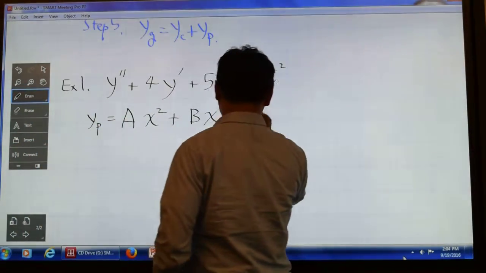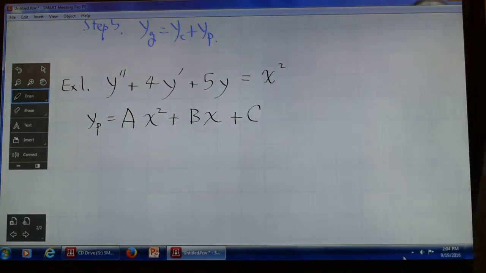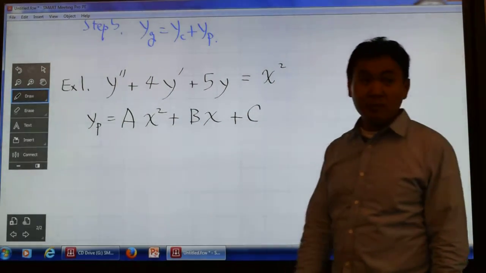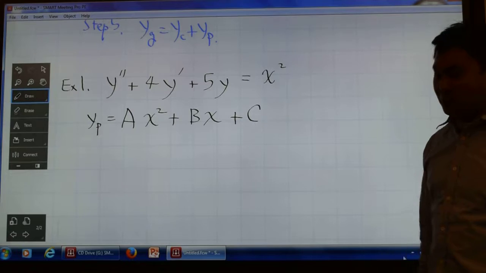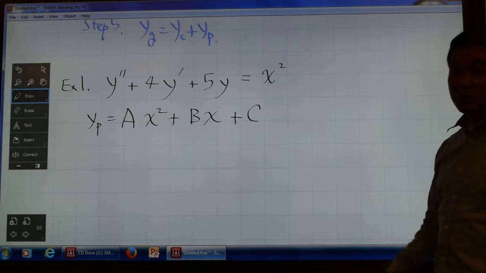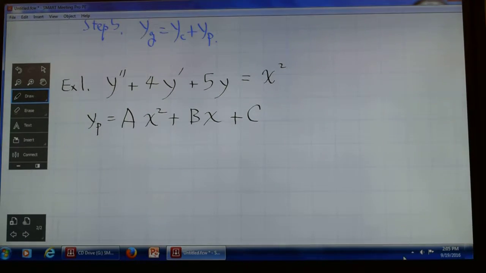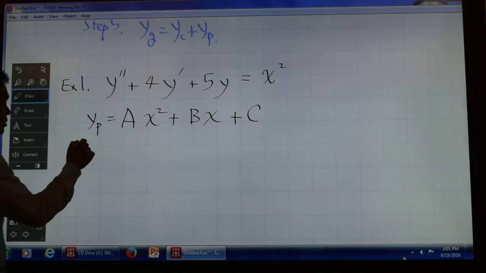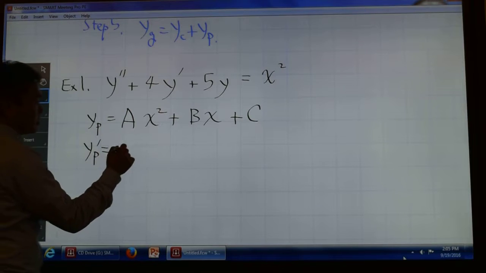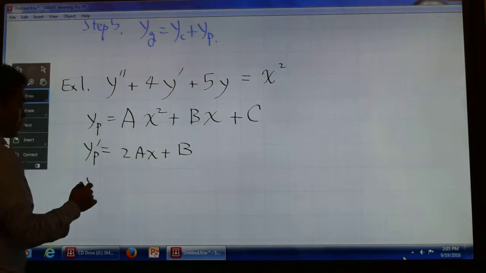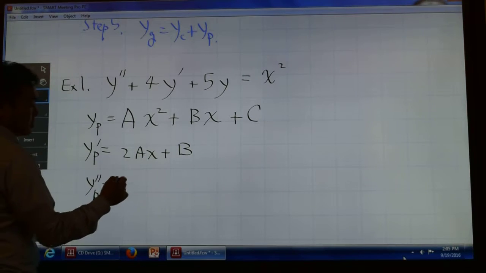And if you differentiate 1, it's 0, so we don't care. And this is what we're going to put in the left side. And it will just work out. You will be able to find a, b, and c once you solve it. Okay? y prime